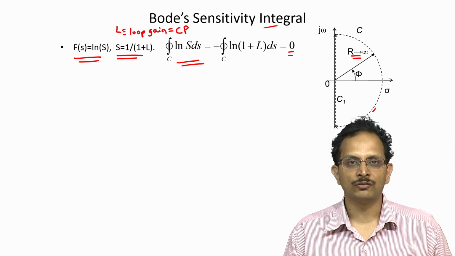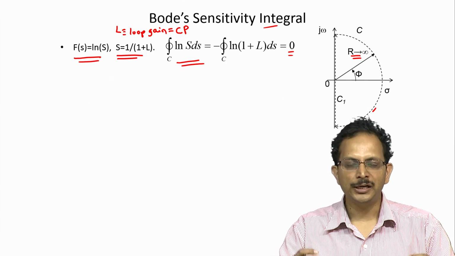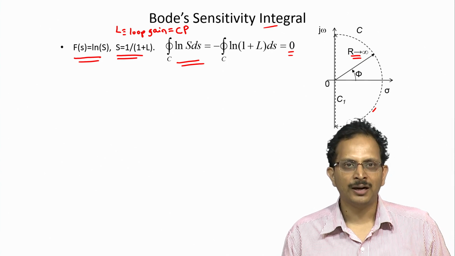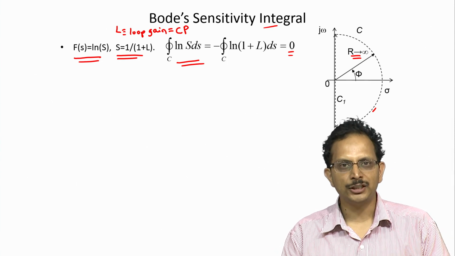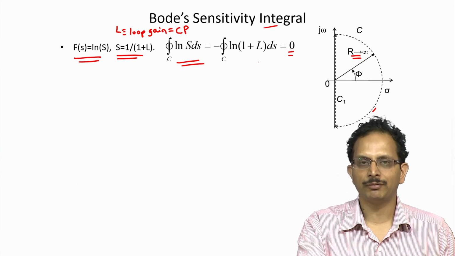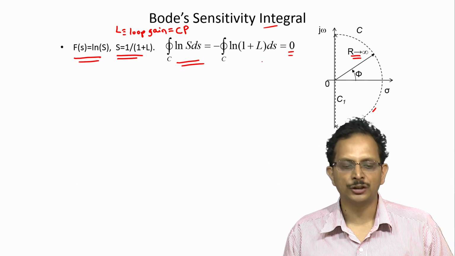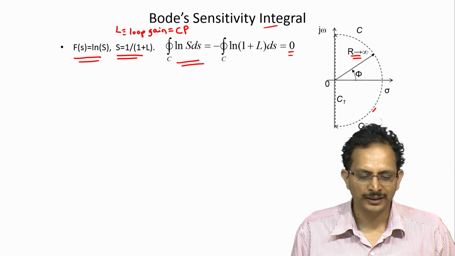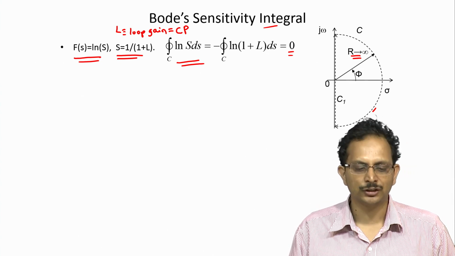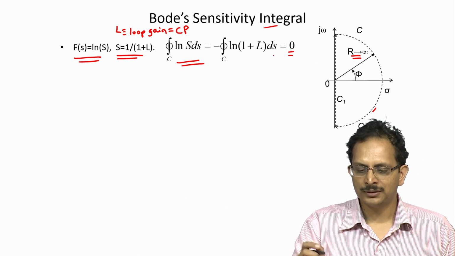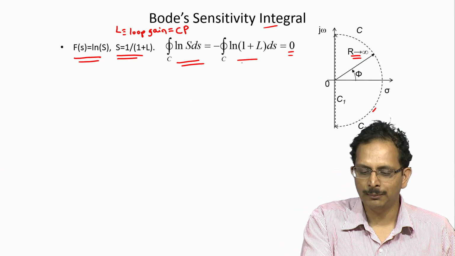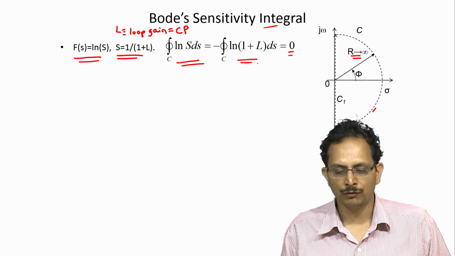There is quite a bit of algebra. We shall patiently go through that algebra, and I request the viewers' indulgence while we patiently simplify the expression that we have got here for the particular function that we have assumed, namely S, the sensitivity function, equal to 1/(1+L). So, starting from this equation here, namely that the contour integral of ln(1+L) ds